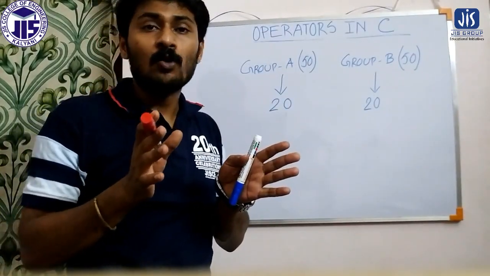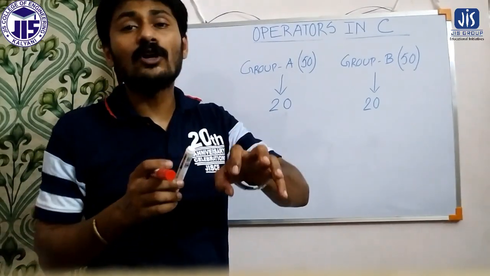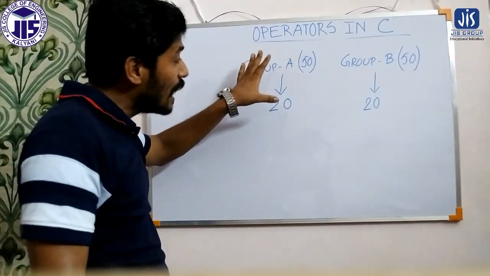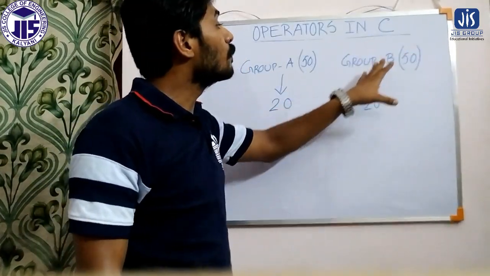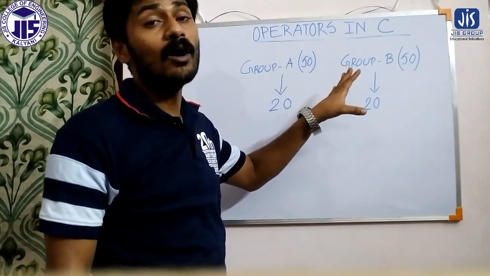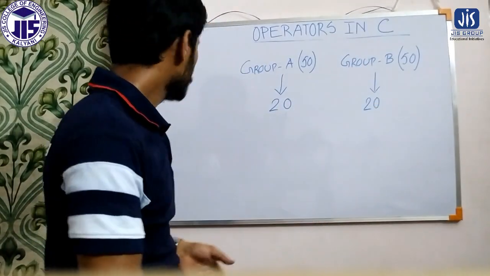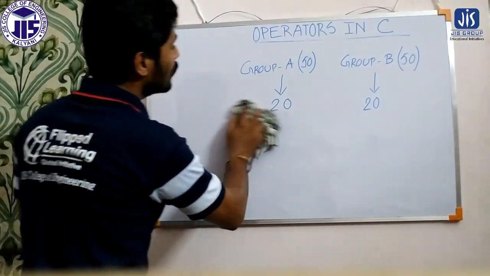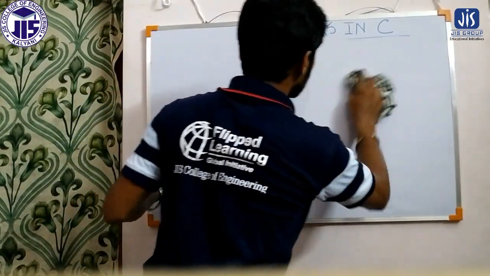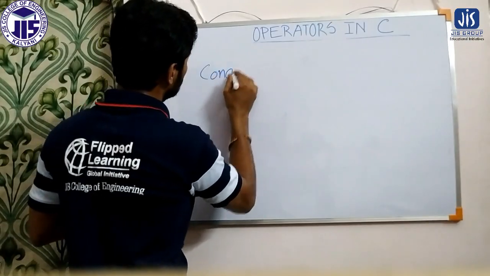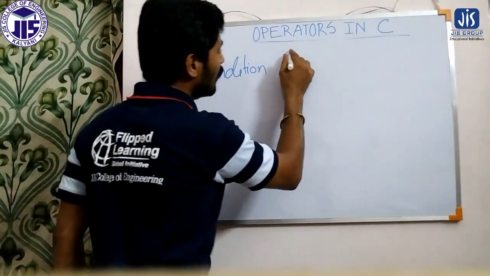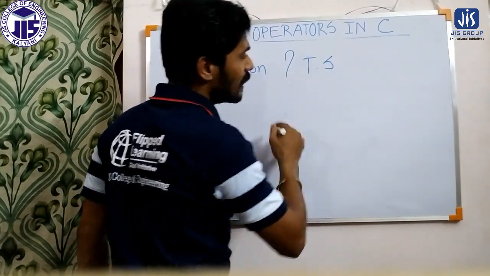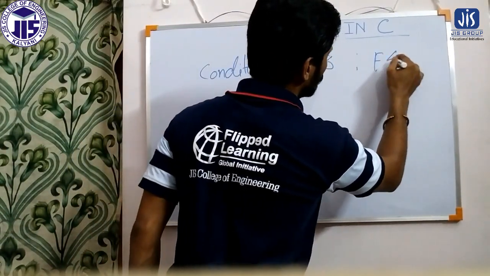So in this situation we cannot decide whether the student is qualified or not depending on one condition. We have to satisfy both conditions. We have to check both conditions. So here is the situation where we are deciding depending on multiple conditions. What we will do in this case is merge these conditions. The statement will be similar: there is a condition, and depending on the condition, either the true statement or the false statement will execute.